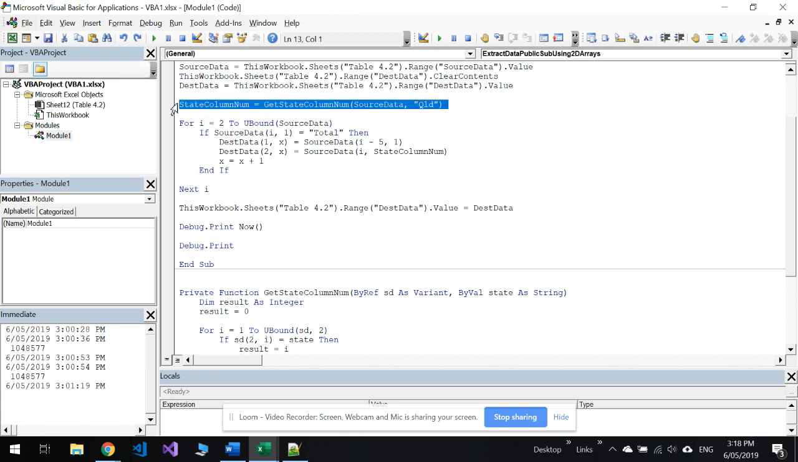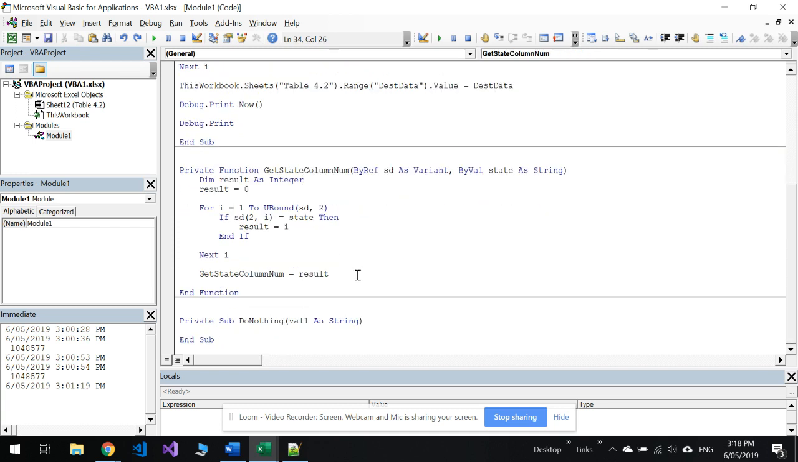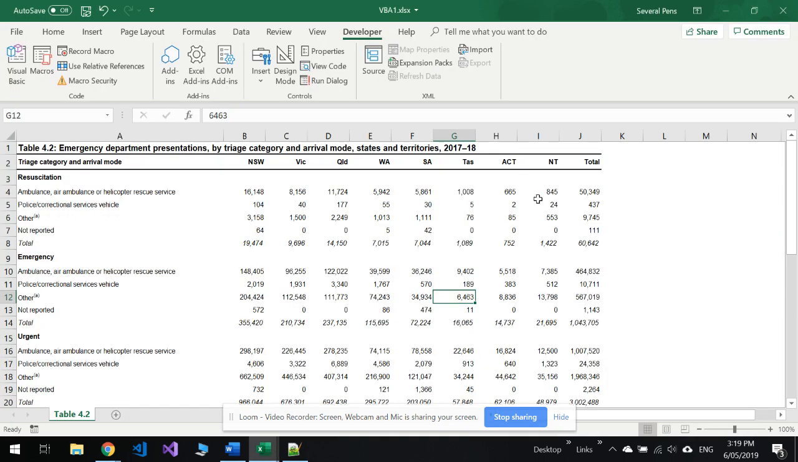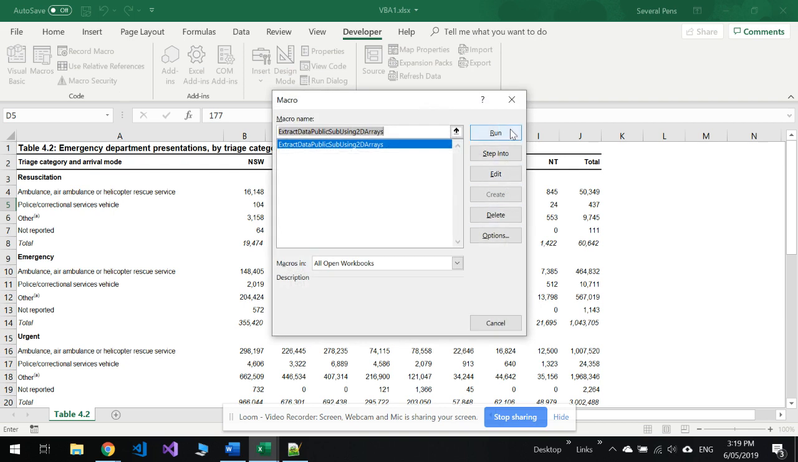So that's the use of a function assigning a variable. And you can see again that I'm doing that by assigning a result to the function name, which is the equivalent of the return value statement. So if I go back to Excel, hopefully this is working, and let's go to macros. If I run that,